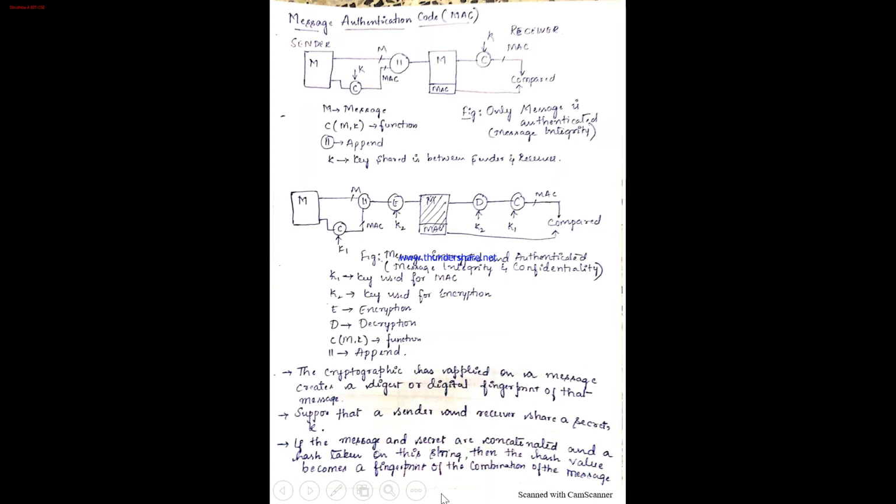Guys, the next topic for our discussion in this chapter is to understand the applications of hash. In the topic of applications, here we'll be discussing two main topics. One is message authentication code, the other one is digital signatures. Actually, these two applications are themselves types of authentication methods.